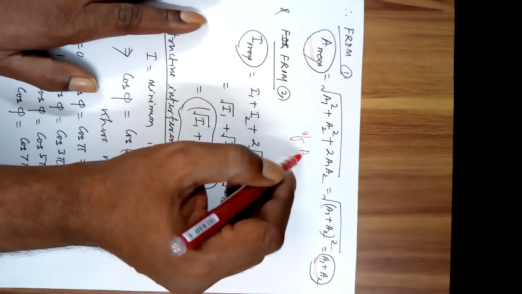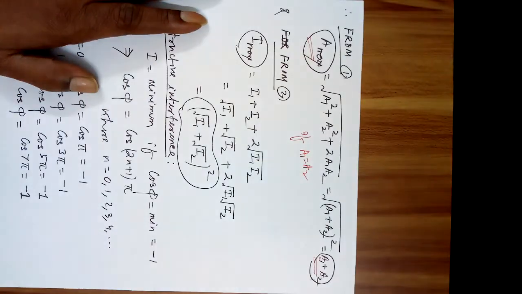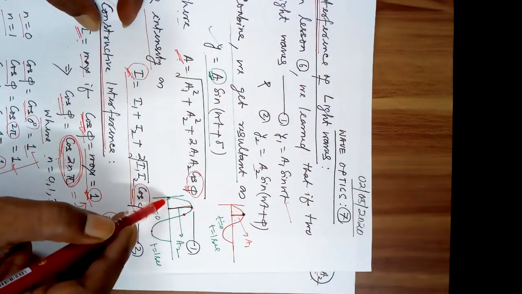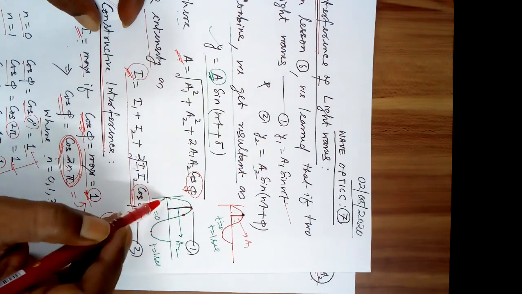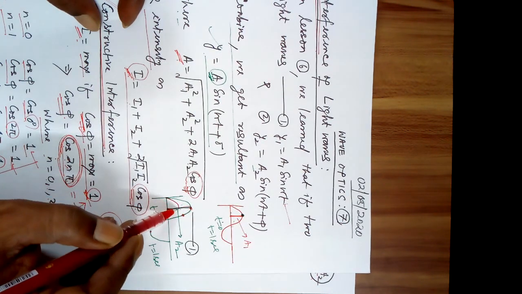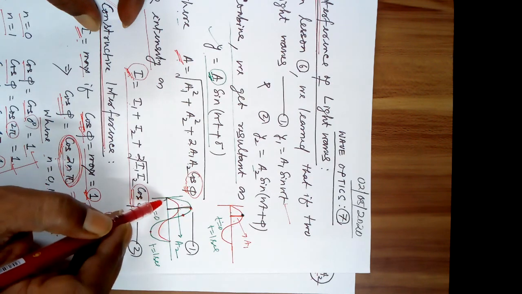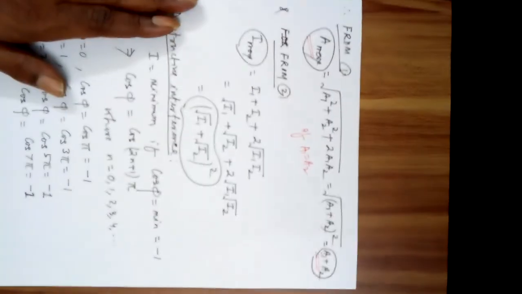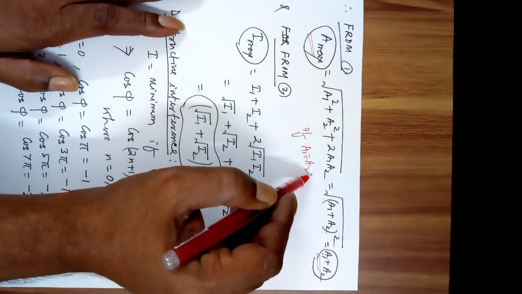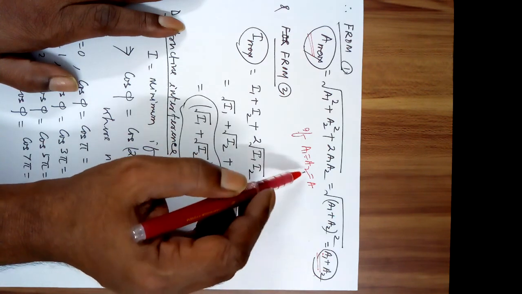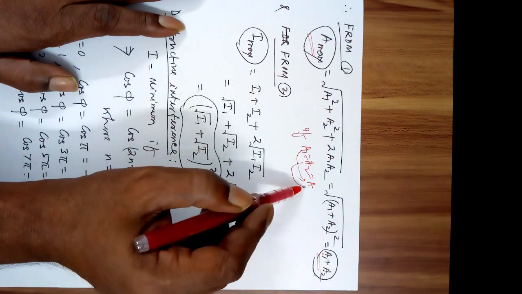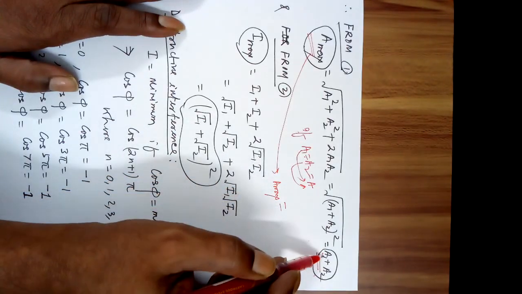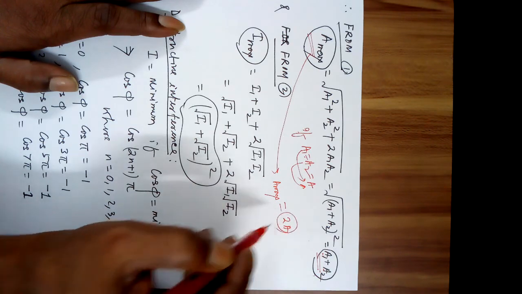Now if A1 is equal to A2, means if the amplitude of this wave is same thing as the amplitude of this wave, means this wave instead of like this, if it would have been like this, then its amplitude would have been same like this. So if the amplitudes are equal, let us substitute a single symbol A, means amplitude of the first one is also A, amplitude of the second one is also A. So your A maximum will be A plus A, that is equal to 2A.